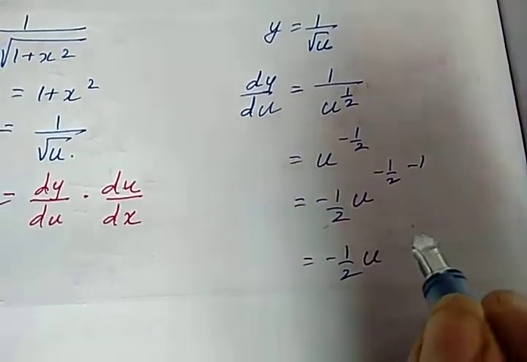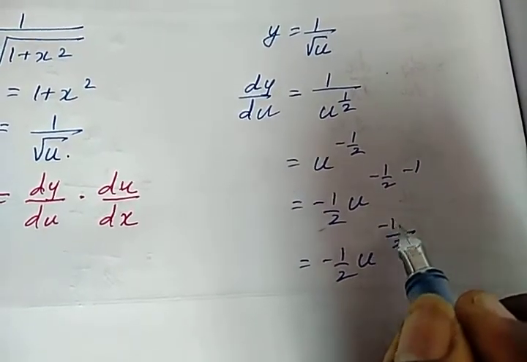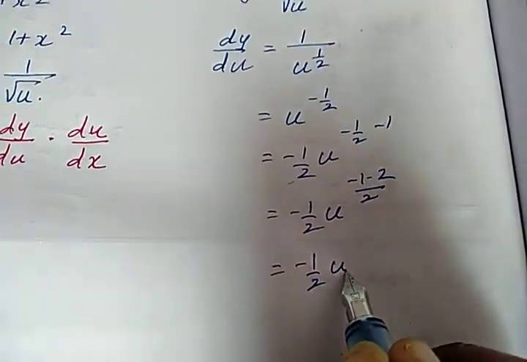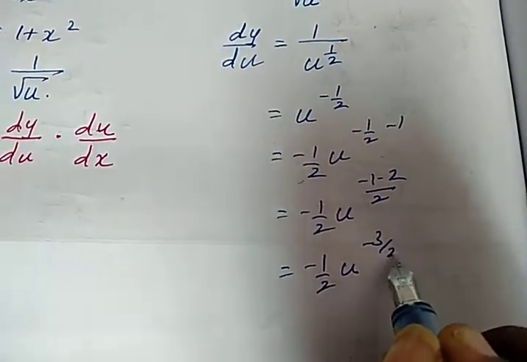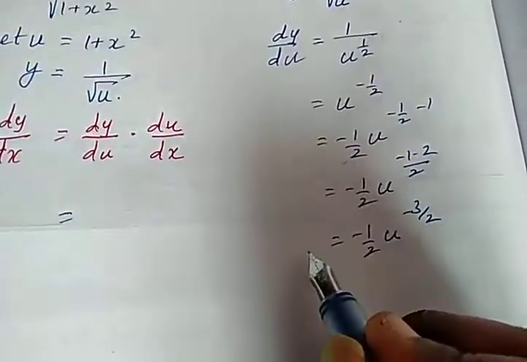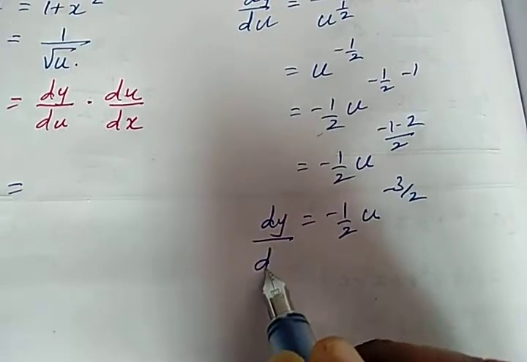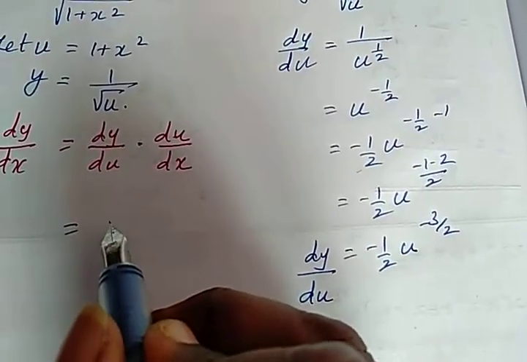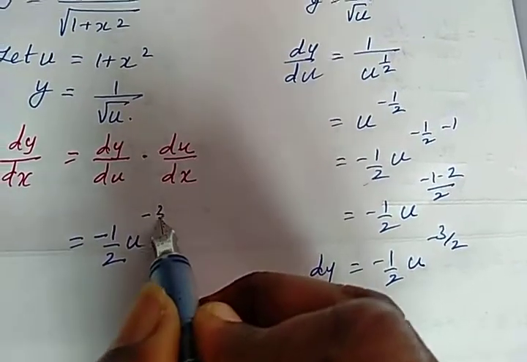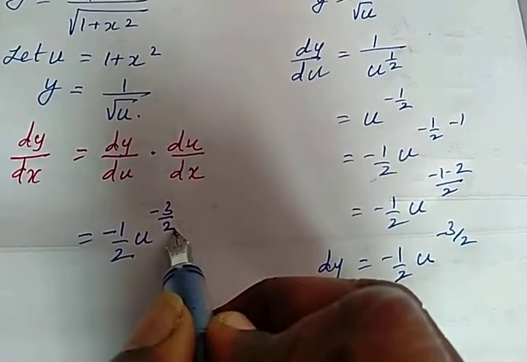Minus half u to the power, take LCM, minus 1 minus 2. So minus half u to the power minus 3 by 2. So this is your dy by du. What is the answer? Minus half u to the power minus 3 by 2. Okay children,